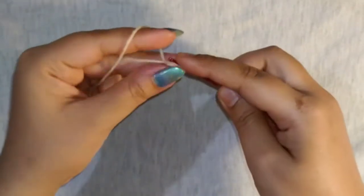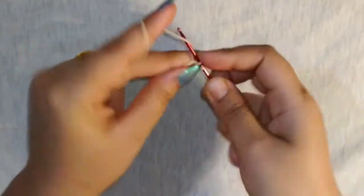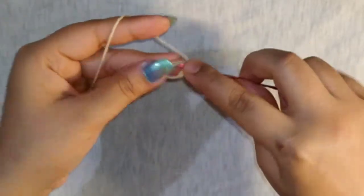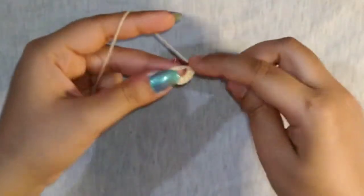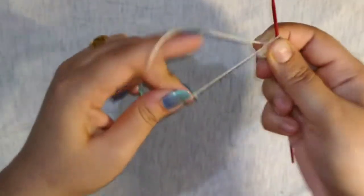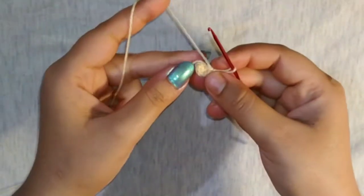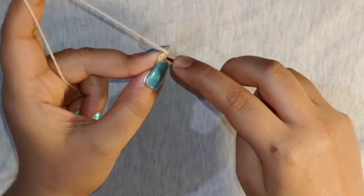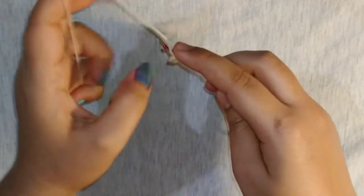and for this yarn I'm using a 2mm crochet hook. You can use the hook according to your yarn. After 6 single crochets I will tighten my magic ring, and at this time you can use your stitch marker,